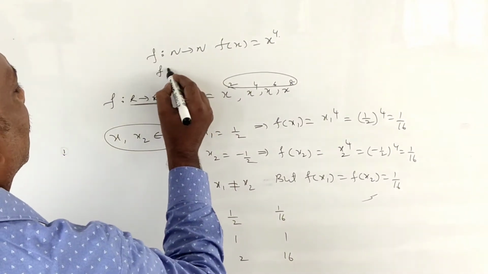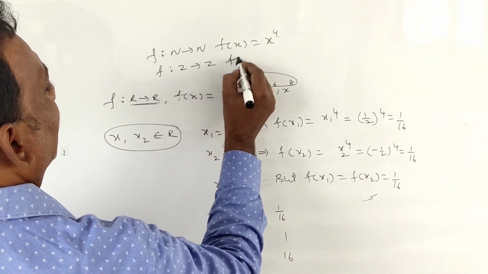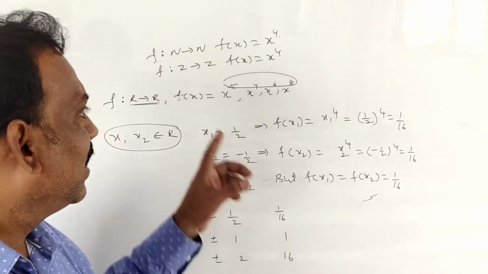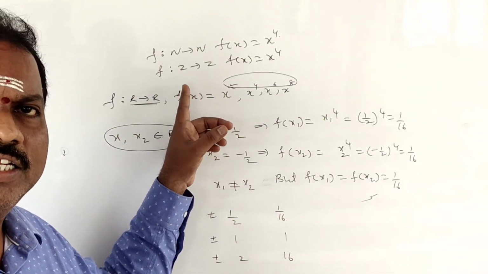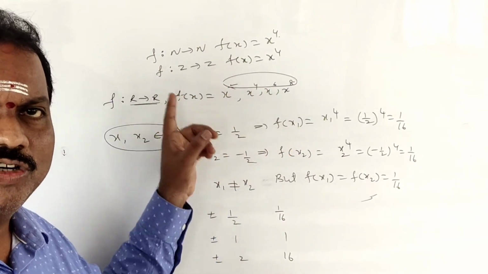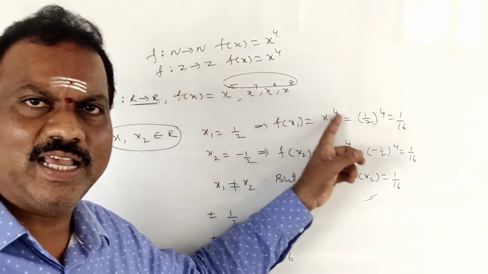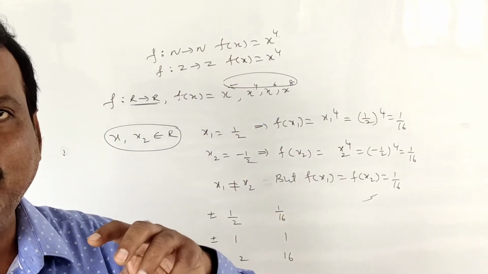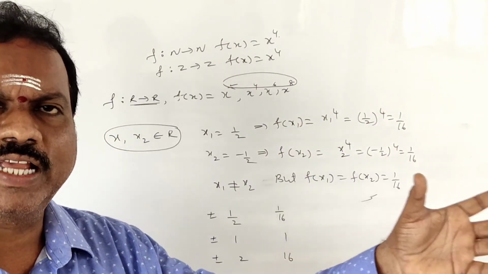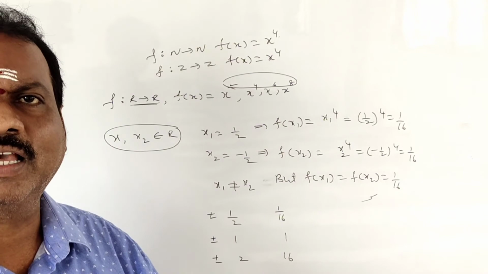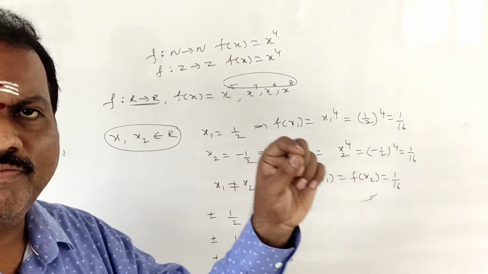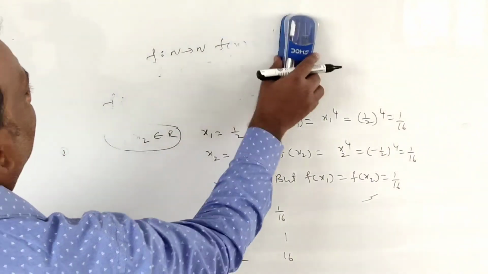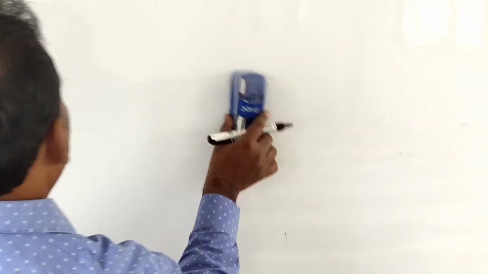Not only this, students, if they give Z to Z, f of x is equal to x power 4, that case also it is not 1-1. Why? Because Z means integers. There exist plus 1, minus 1, same output. Plus 2, minus 2, same output. Plus 3, minus 3, same output. Plus 4, minus 4, same output. So understood, students? For real numbers and integers, when the function is an even function, different inputs give the same output. Even function means the power must be an even number. So now it is an even number, so we can say that clearly it is not 1-1.